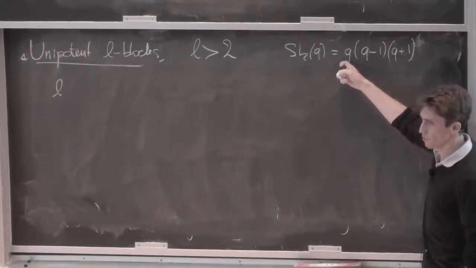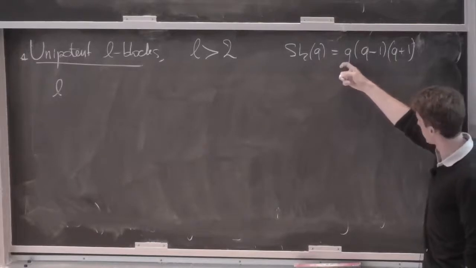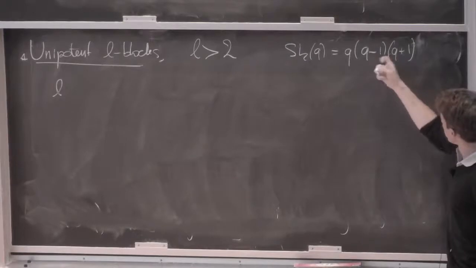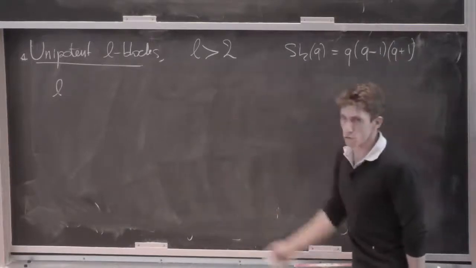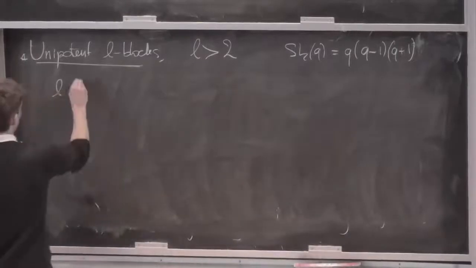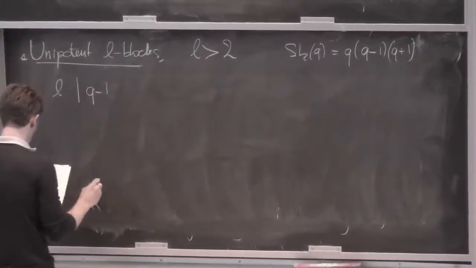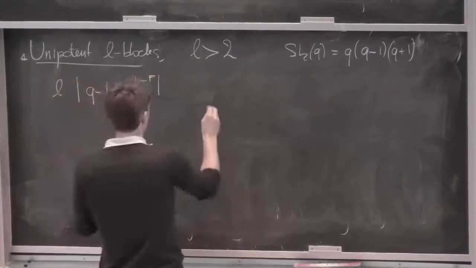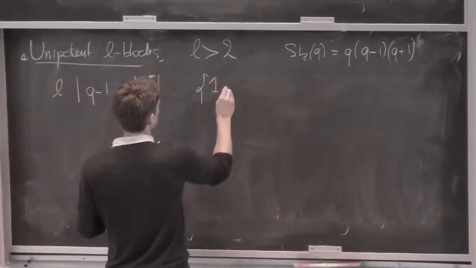L never divides Q in the setting that I'm working in. So it either divides Q minus 1 or Q plus 1. It cannot divide both, otherwise it would be equal to 2. And what you get is that if L divides Q minus 1, which is the order of T_F, you'll have